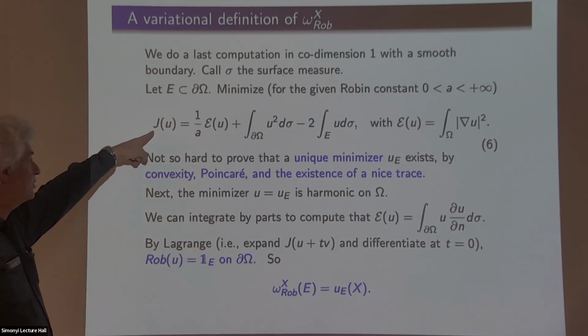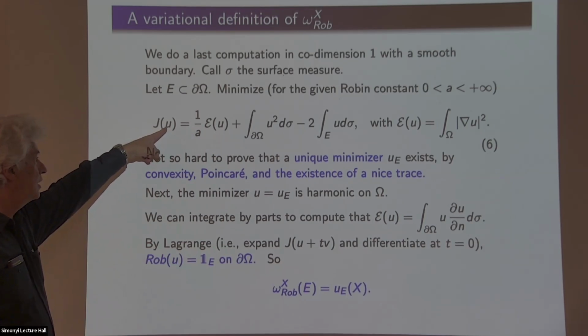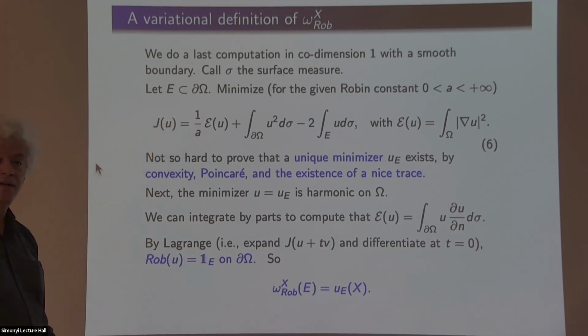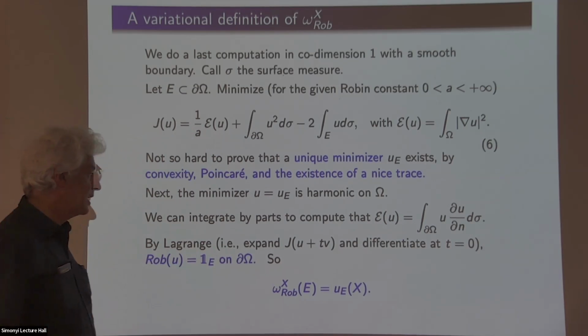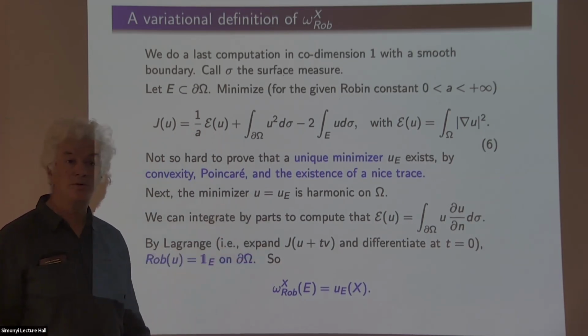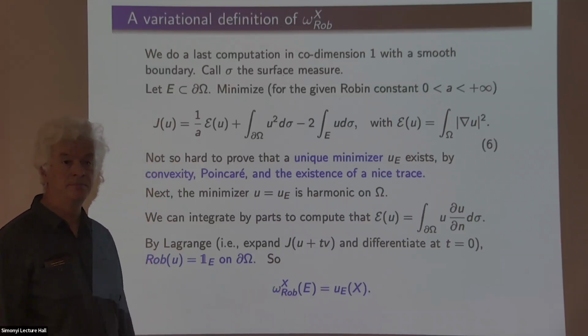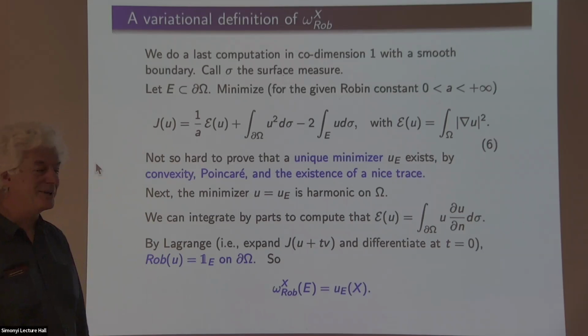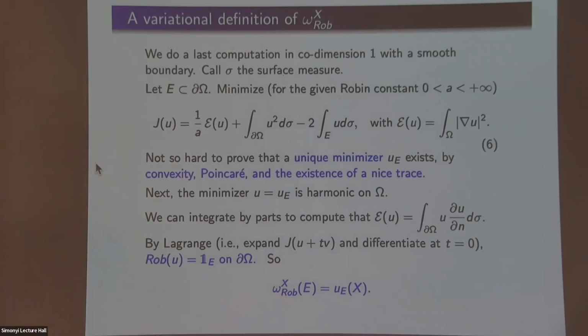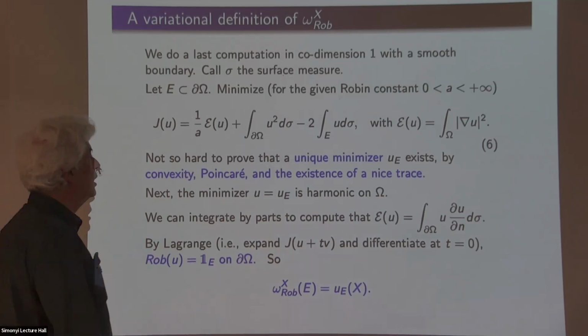Then you try a minimizer, you try u plus t times some other v. Okay, I'm doing the Lagrange equation, right? And I differentiate at t equal to 0. I say that the differential is equal to 0, and I get exactly the Robin condition. Okay, trust me. If I try to do it, I will make it badly, but this is what happens. And again, it's done on purpose, so it's not shocking. So if you were doing the Dirichlet problem, you would not have this.